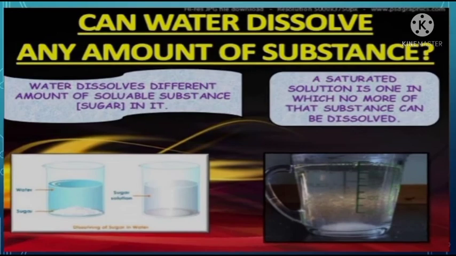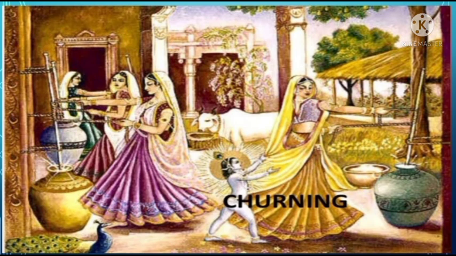Next we are discussing the churning method. It is one of the manual domestic methods. This method collects butter from milk or curd, in industry and also at home. Butter is collected from curd in the domestic method, but butter is collected from milk in the milk industry. So this method is called the churning method.